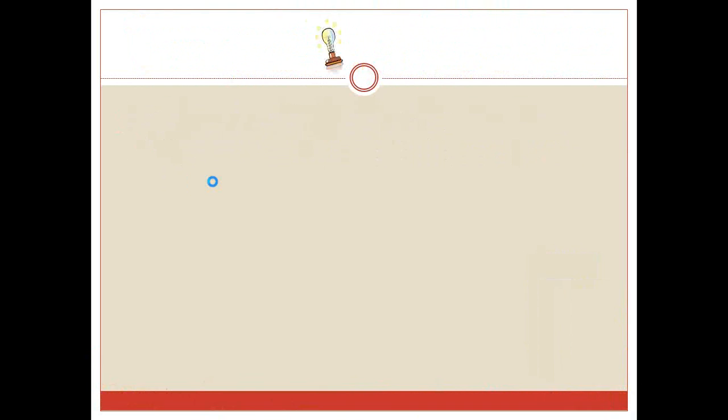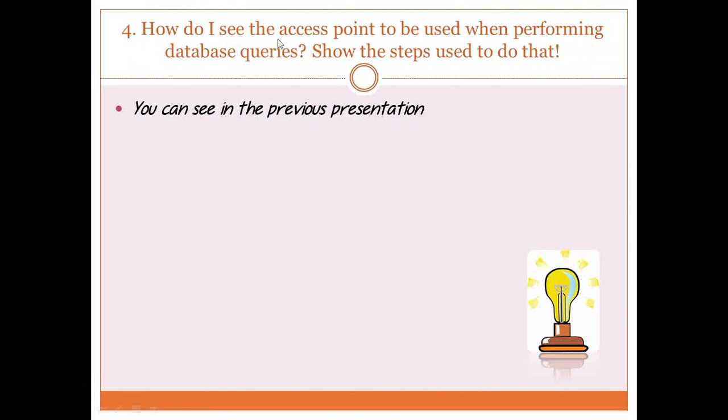Four. How do I see the access path to be used when performing a database query? So, the steps to do that. You can see in the previous presentation when we made the plan table and we copied the SQL command from the directory and then ran it, and there is a lot of syntax there.